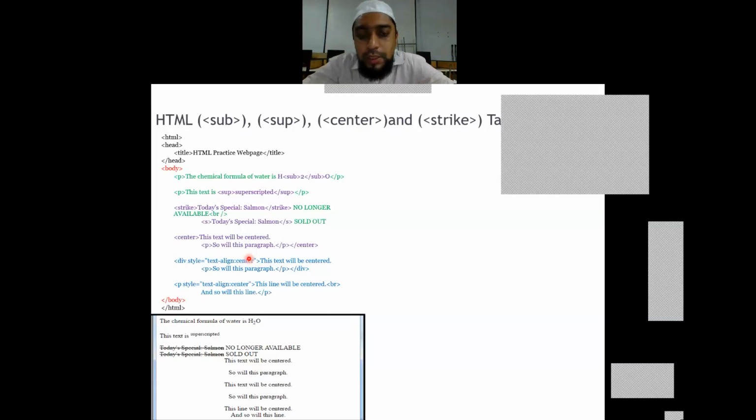Now, along with these 4 tags, I want to introduce 2 very important tags which are nowadays being used. One is, instead of strike, we have got something called S. S is used mainly in commercial websites, in e-commerce websites. For example, they don't want to project to the people browsing their website that the product is not available within their portal.